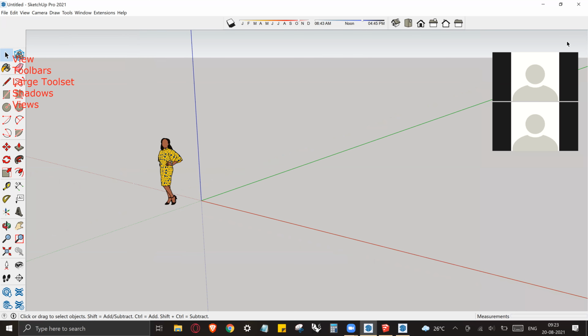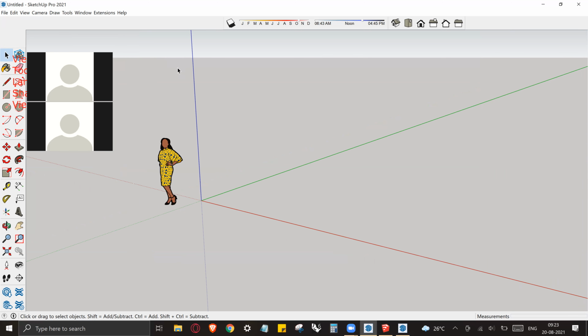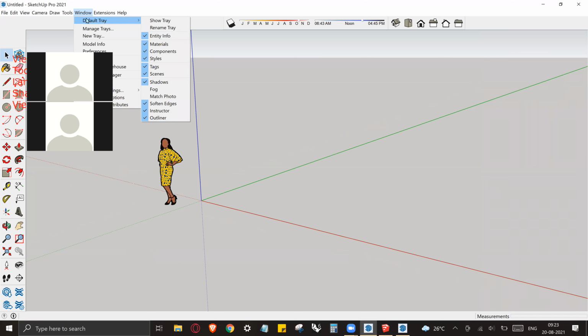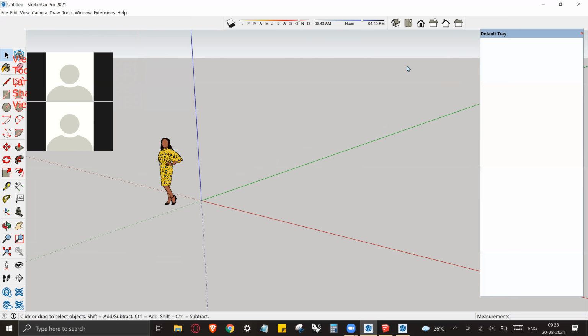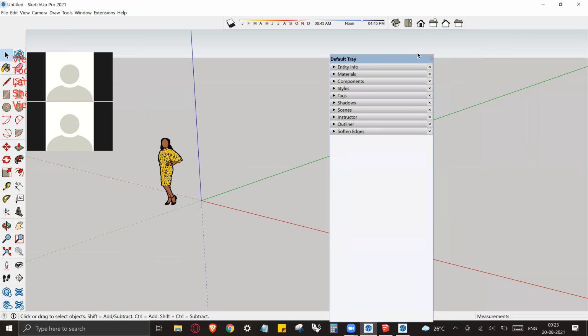Now, when you start your screen, you might not have the default view. If that is the case, no problem, guys. I will tell you what you have to do. Come up to your window, and inside your window, guys, you will see the default tray. Go ahead and click on Show Tray. Make sure it is checked. That's it. This also, for a few of y'all, in some of your systems, guys, it might show up in